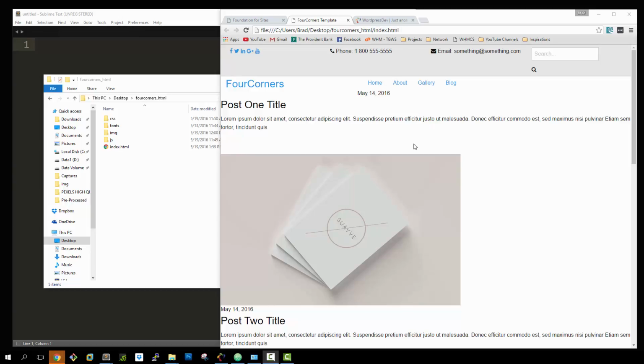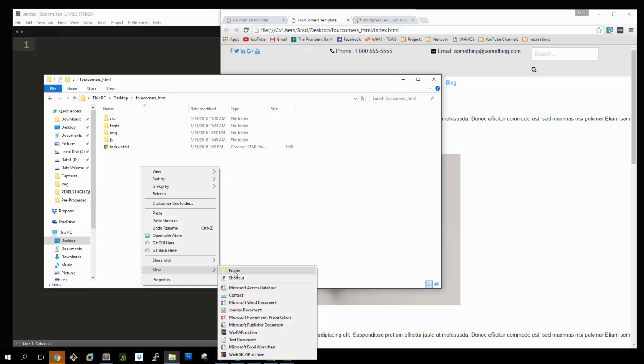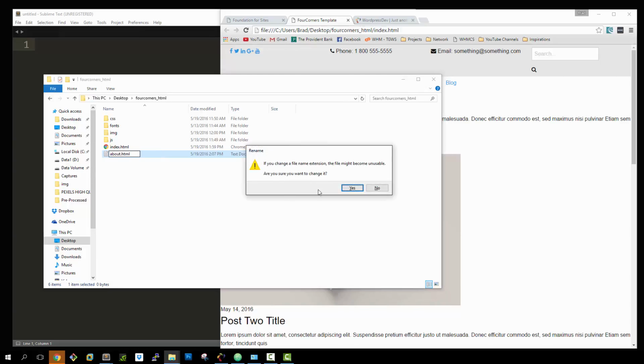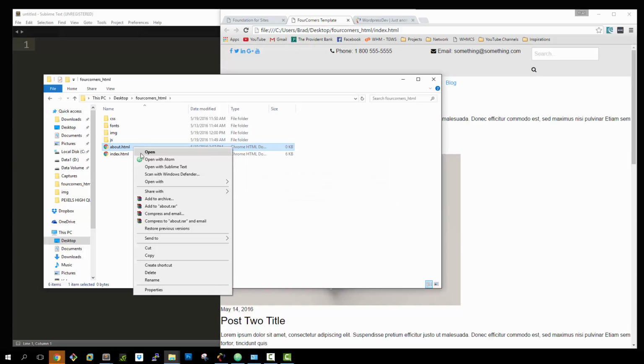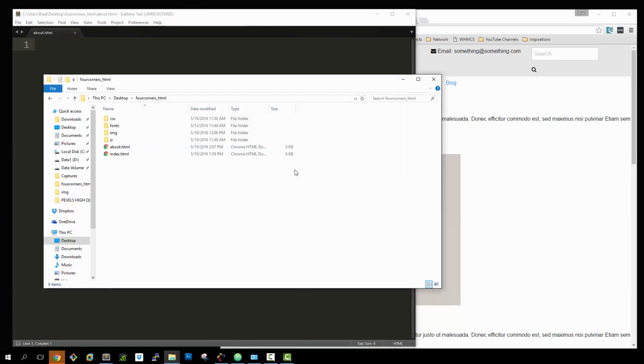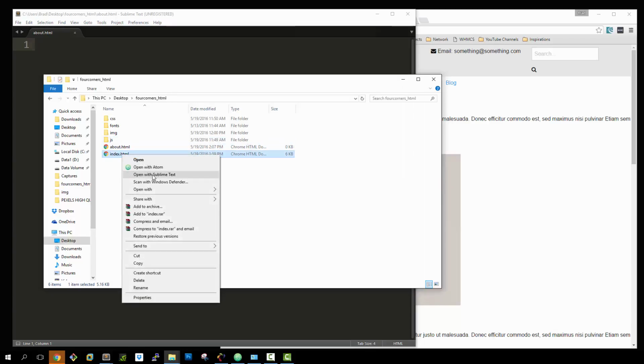In the last video, we went ahead and created our index.html file. We brought in all the style sheets we need, JavaScripts from Foundation, and so on. So now what I want to do is continue on building some of the inner HTML pages. So let's go ahead and create a new document, and we're going to call it about.html. And this is just going to represent the inner pages of our WordPress theme. Alright, so we'll open that up, and let's just copy what we have in our index.html